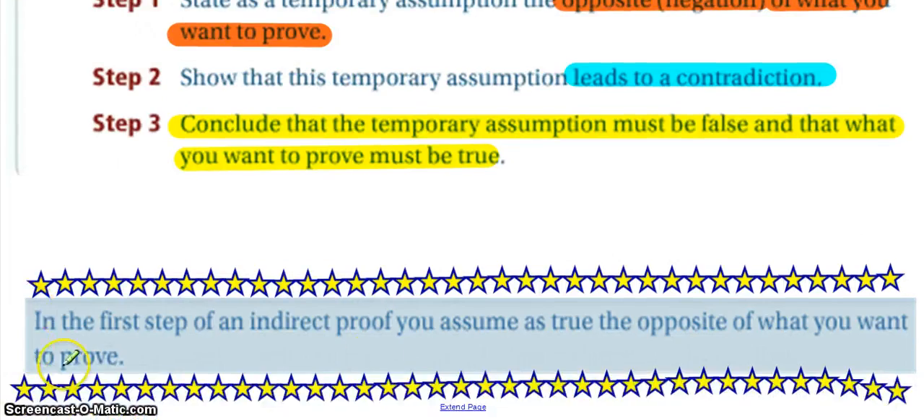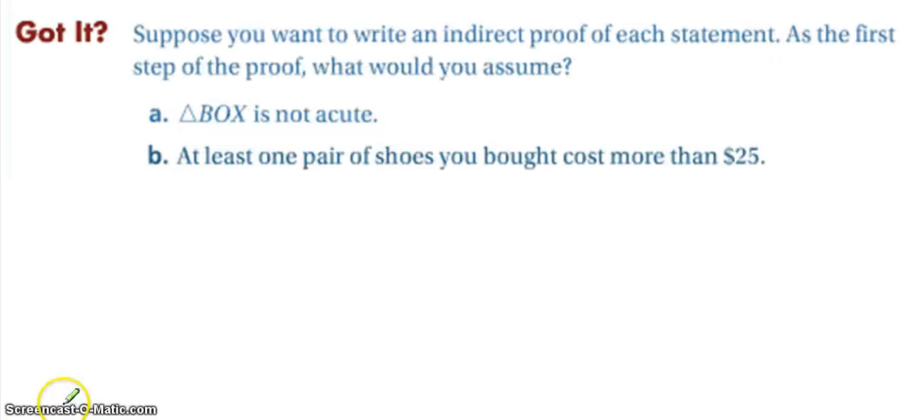So the big important thing is the first step of your indirect proof: you assume as true the opposite of what you want to prove. So work through problem 1 on the Pearson module and then come back here for the answers. Got it. Our first thing that we're trying to do, writing with an indirect proof, is that triangle BOX is